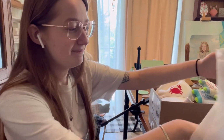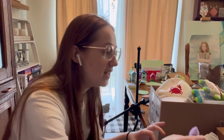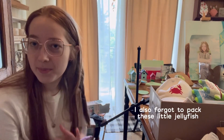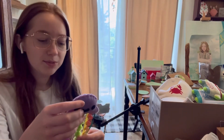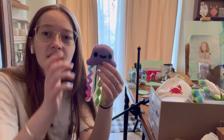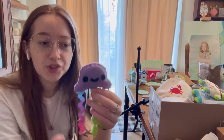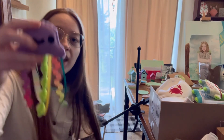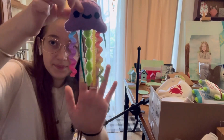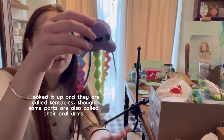Oh, and then also, the bags are always really loud, these plastic bags. I have all of these little jellyfish, or as my grandmother calls them, whoops, I'll pick that up in a second, or as she calls them, sea nettles. But I did them, there's 12 in total, 6 big ones, 6 little jellyfish, as well as 6 different colors. And they all just have little ribbon, like, I don't know what these are called on jellyfish. I know it's not, is it, I don't think it's tentacles,